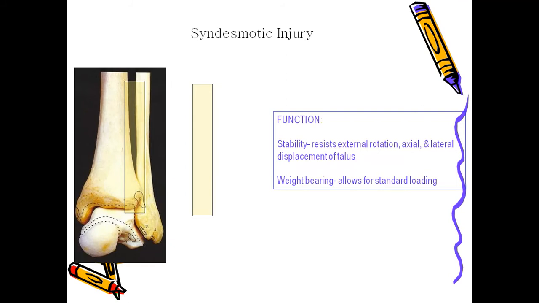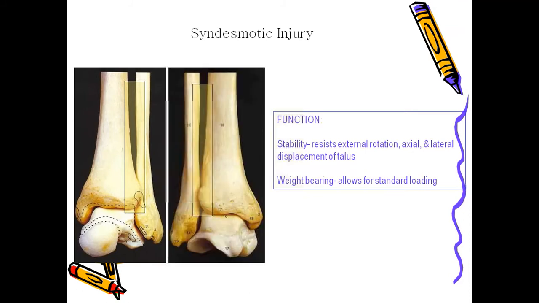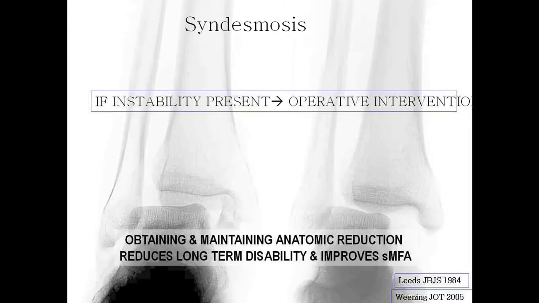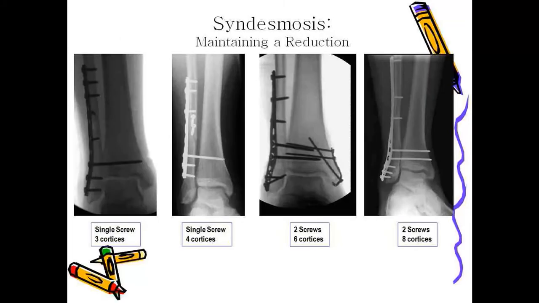So this is a syndesmotic injury. The shaded diagonal box is the syndesmotic area in which there is a rupture, widening of the syndesmotic space, which is called a syndesmotic injury. So for syndesmosis, if instability is present, then we need to go for operative intervention. If no instability, you can go for conservative management with a cast. Syndesmotic injury operation will be done like this.